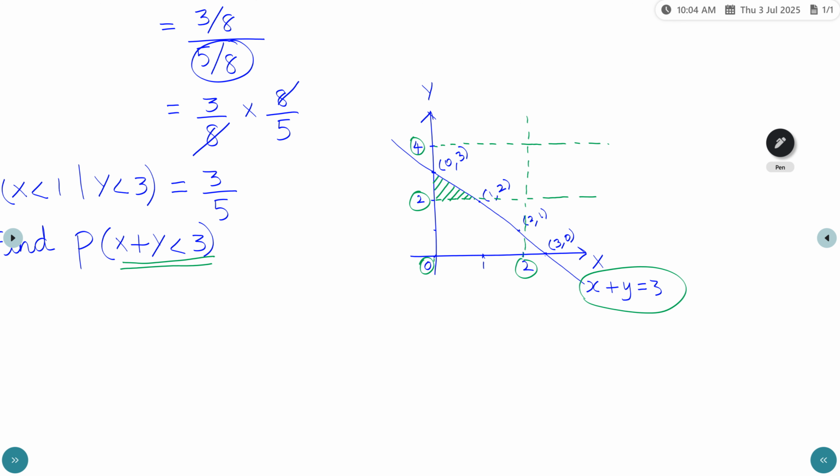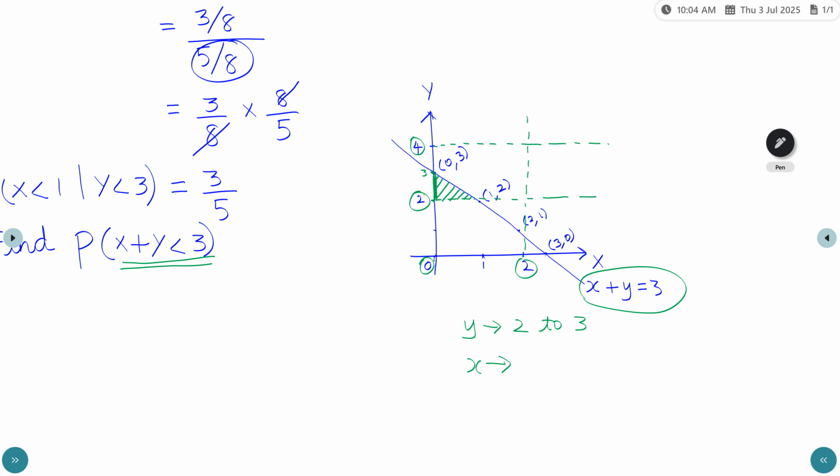In this case, y integral value is 2 to 3. So y integral value is 2 to 3. Okay. From the table, y is 2 to 3. To find this area, y is 2 to 3. And then